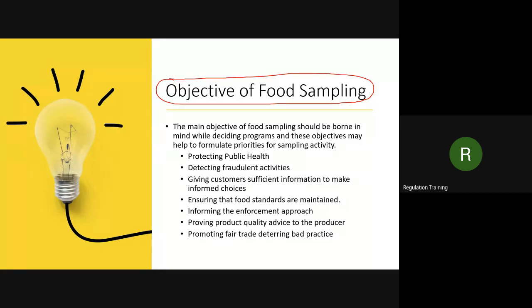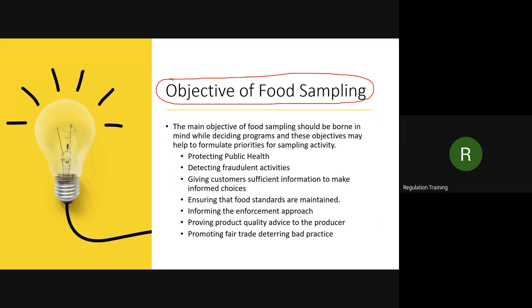So if you want to know how much adulterated food there is, you want to know the current safety status of the product. You want to take samples to be ensured that if that particular product is safe, it means that particular brand or food product is safe, right? And safe supply is in the market.